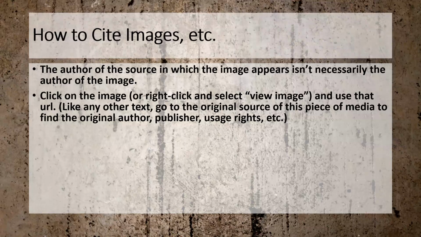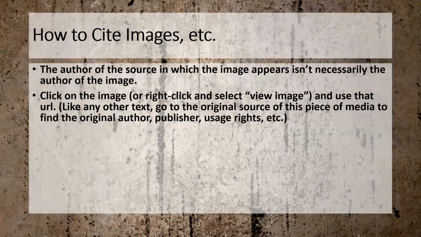So you should look for a caption or any kind of information that the author of that source has ideally provided for you. You should also click on the image or right click and then select View Image. That'll open up a new tab or window where you're just looking at the image. That should be the URL you use for that image. If you gave that URL to someone, it would take them directly to a tab or window that just has that image. Again, like any other text, go to the original source of this piece of media,